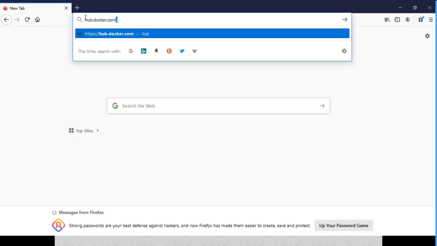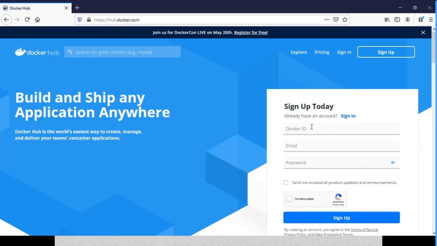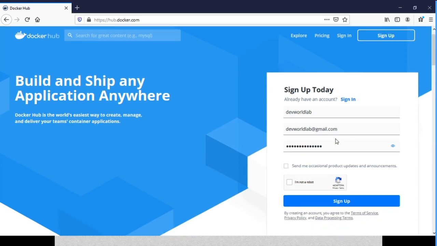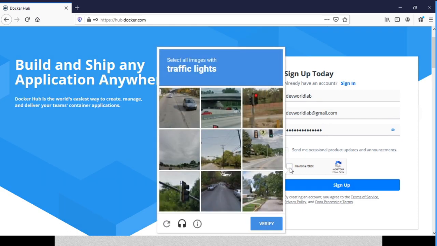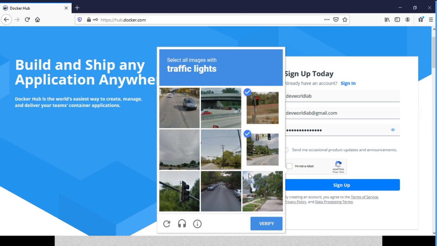Let us see how to register on Docker Hub. In the browser type hub.docker.com. In the home page you can see sign up today. Give any Docker ID, it should be unique. I am giving devworld. We have to provide a valid email ID and password. Click I am not a robot and select the boxes in the image.